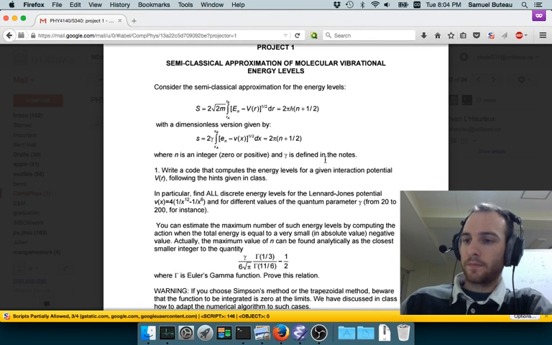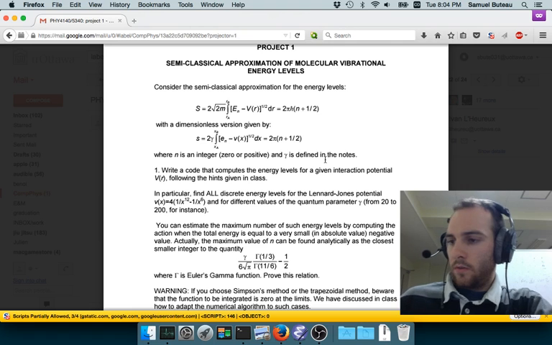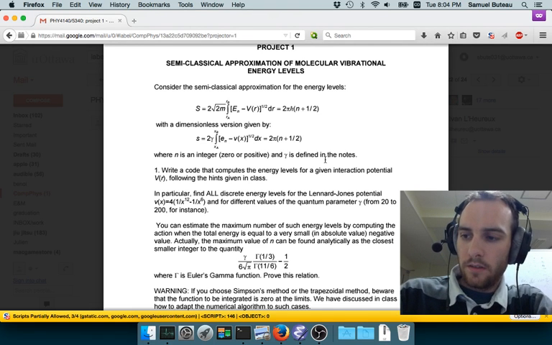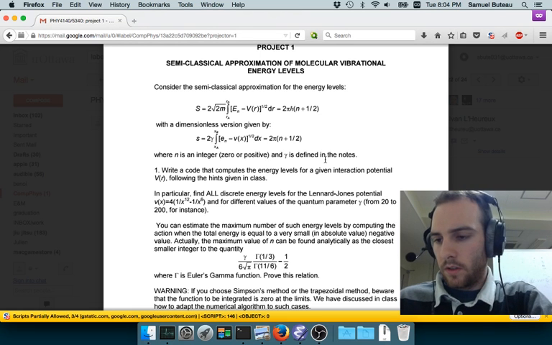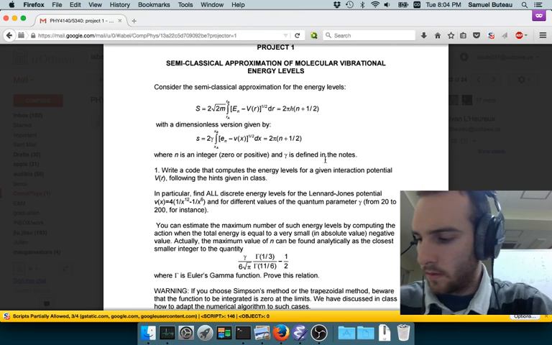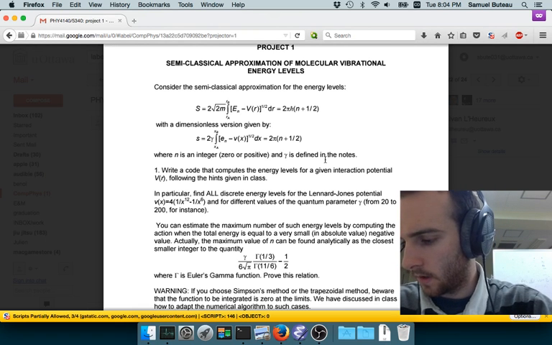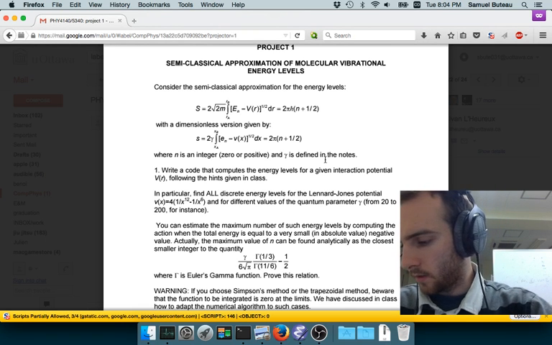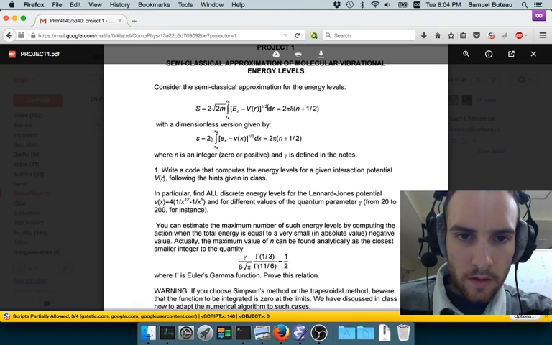So you're confined between these 2 points, and the way you do it is you define the action as the integral over a closed cycle, quantum mechanical stuff, of the momentum. So this is the momentum, if you include the square root of 2